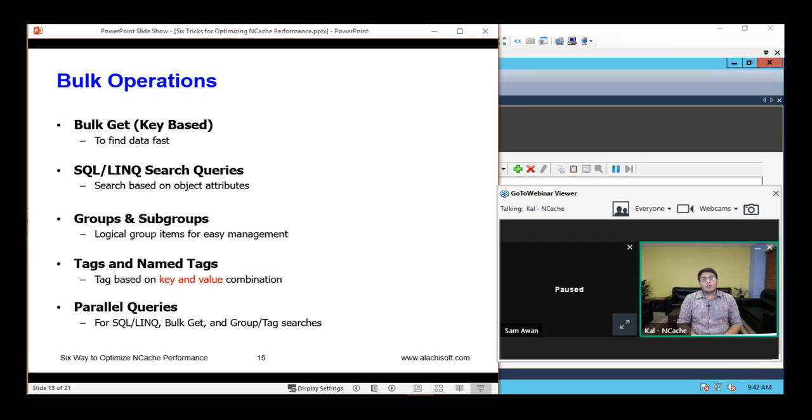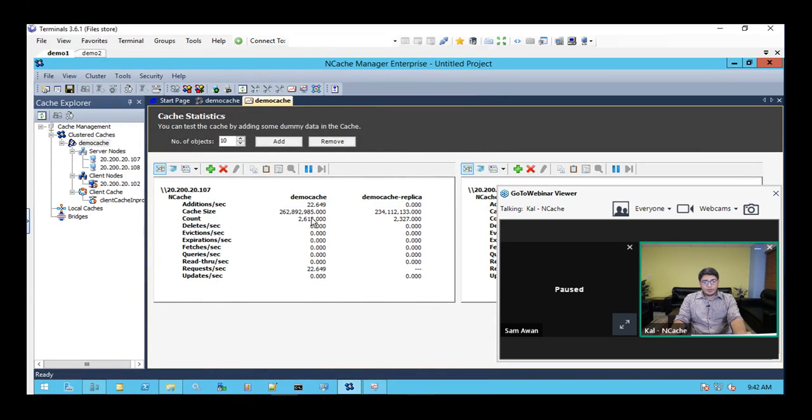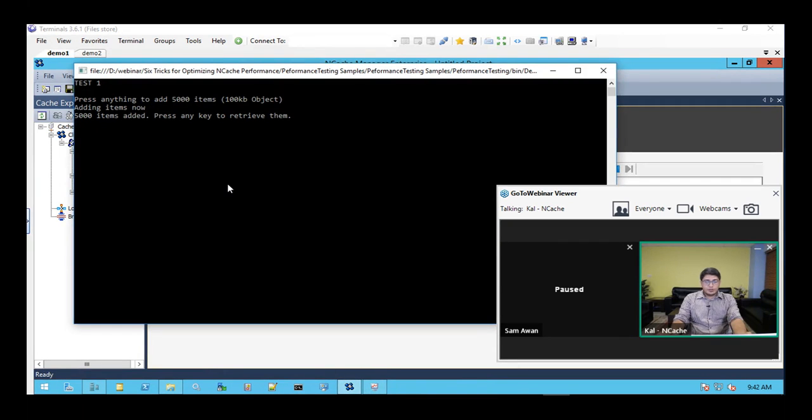So if you share in the case of bulk, you need to know the keys. So for example, you just provide the keys and the actual objects that you want to add in a single call, and using that, all those items are going to be added into the clustered cache in the back. So I think they should be done. Yep, they're almost done now. Come back right here. So all these items are now added.